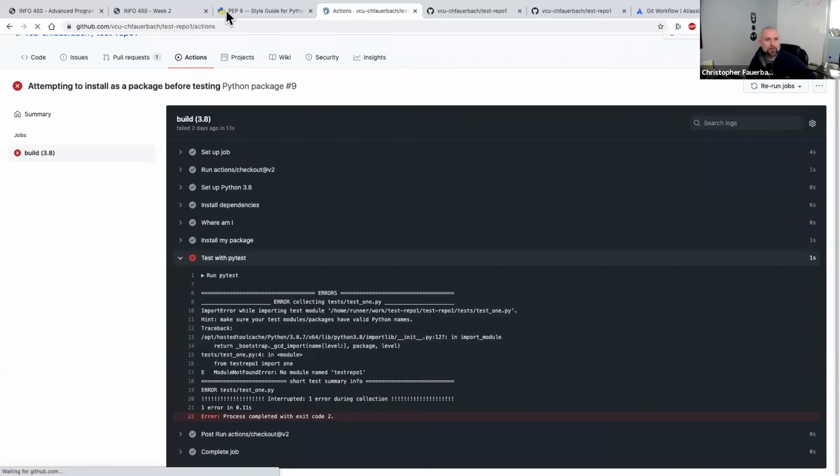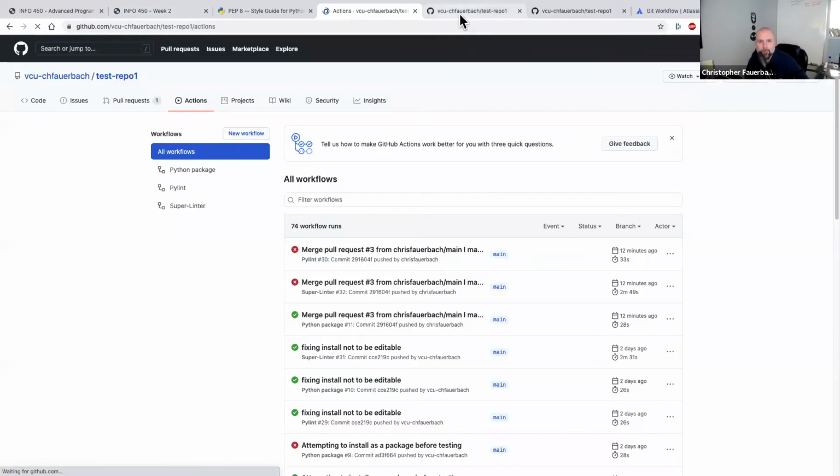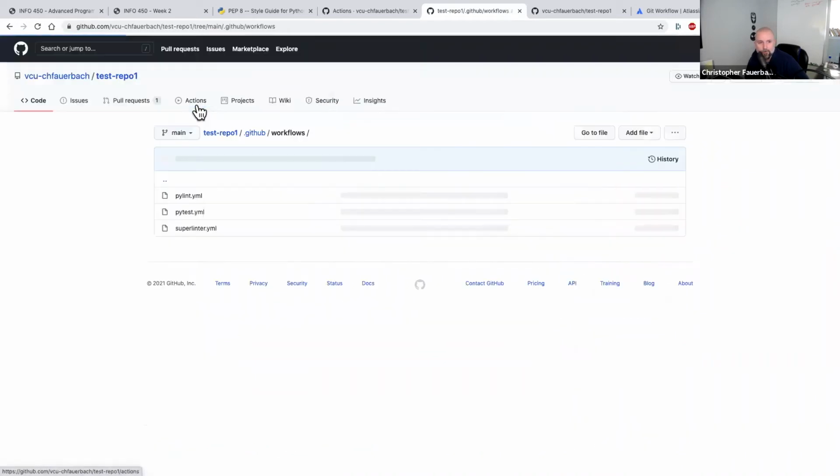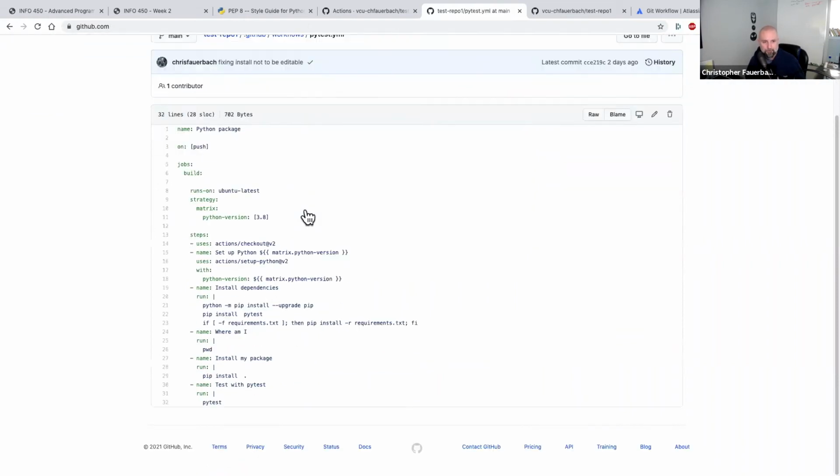But anyway, those actions are defined in my code. If I look back at the repo, GitHub has a magic hidden folder called .github with a workflow folder, and I can set these things up. My PyTest is one of the stages in my build pipeline called Python package. When I push to my repository, it runs in Docker. If you're familiar with Docker, it runs a virtual container environment on Ubuntu, which is a Linux operating system. It checks out the code, sets up my version of Python,